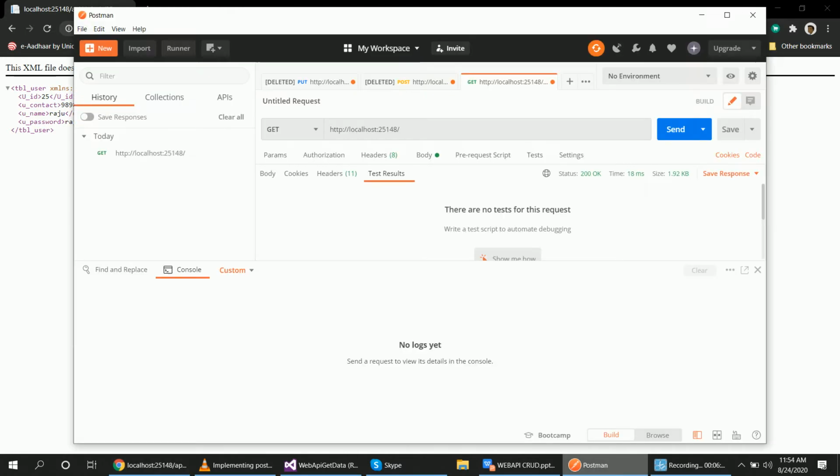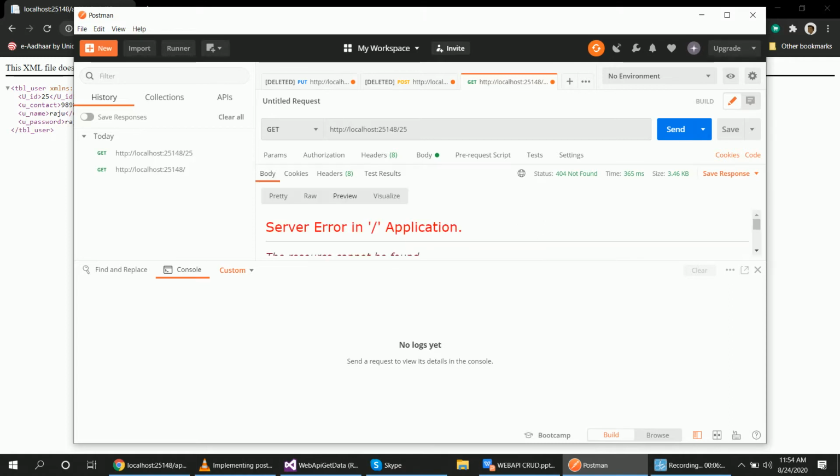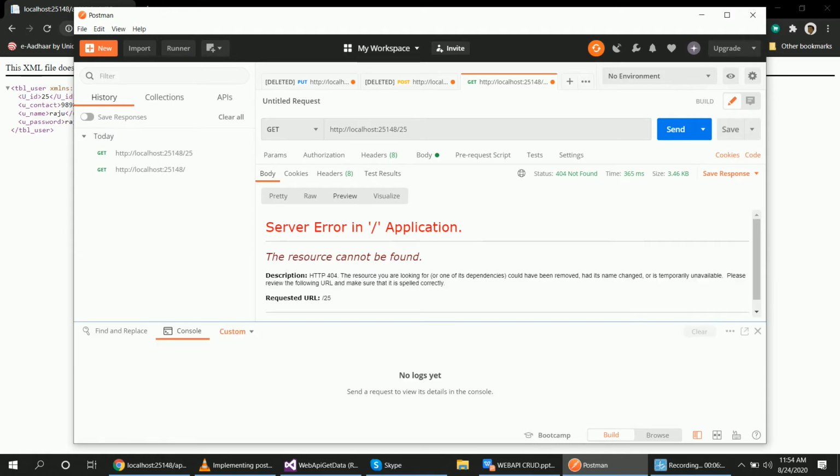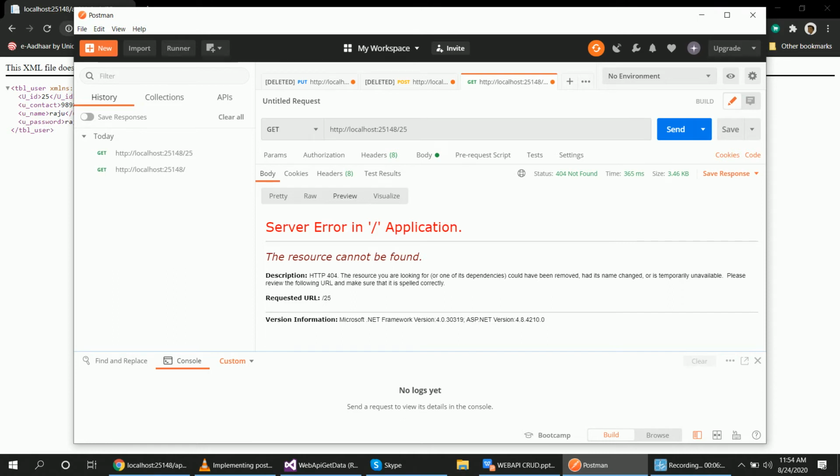So what is the problem in Postman? Suppose 25. The resource cannot be found.